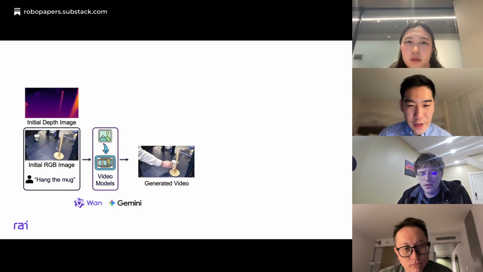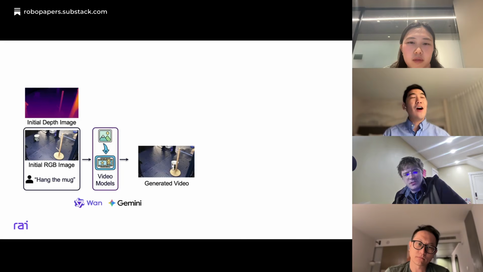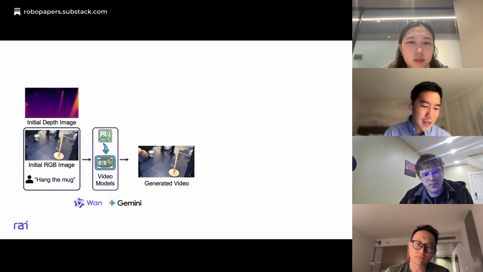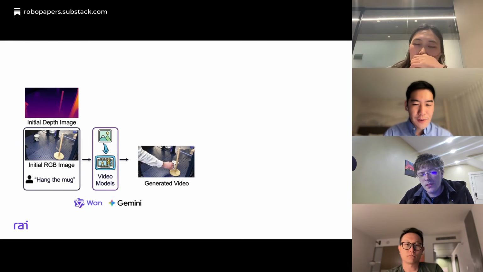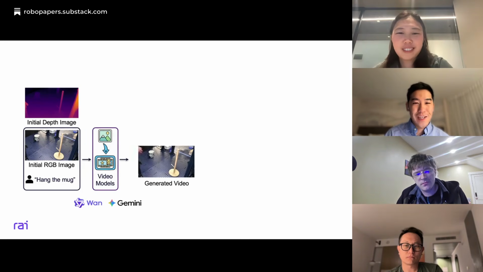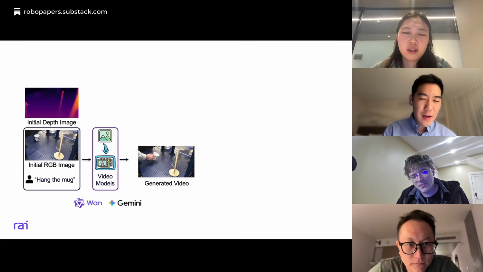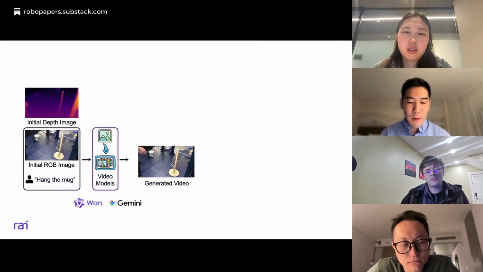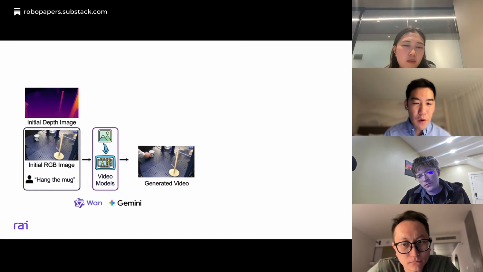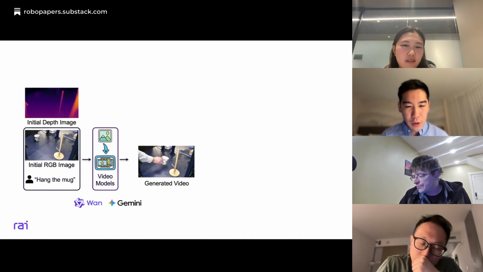It is purely generated. Could you clarify what it means that you used both? Is one for depth and one for RGB, or did you just try both? We wanted to use just Veo, but at that time when we did the experiment, Veo was not a full release. It only contained partial functionality. I remember they could only generate from an image. But for some tasks, we find that if you have a goal image, that can significantly improve the performance and the stability of the generated video. So we also tried that mode.